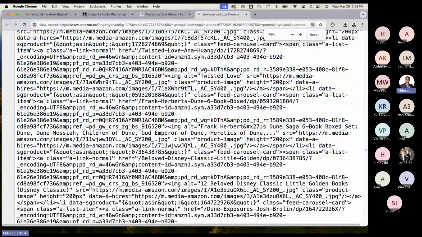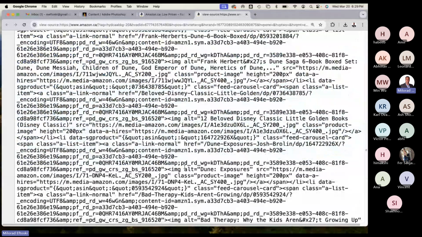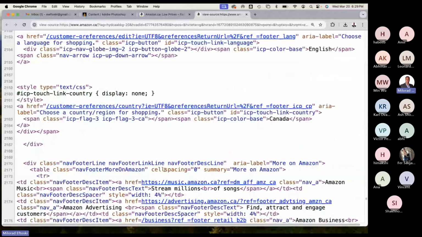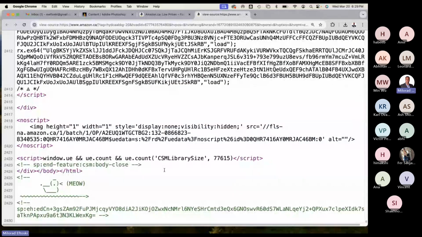Just to lighten things up a little bit, at the end of the day, even these guys that code the websites have some fun, because at the very bottom of Amazon's website, I don't know if you've ever done this before. If you're really bored one day, just do what I do and look at the bottom of websites. I'm just kidding. But yeah, there's a cat, there's a duck that meows. That's basically how funny these guys are. This is a comment tag, and they put a little ducky that meows for fun at the bottom of the page. So even these guys have some sanity just to keep them going. Okay, so that's line